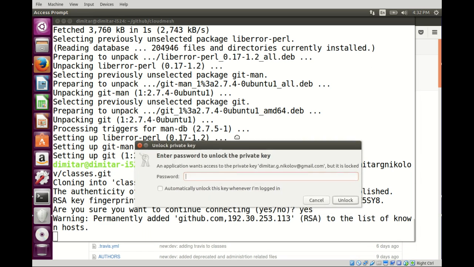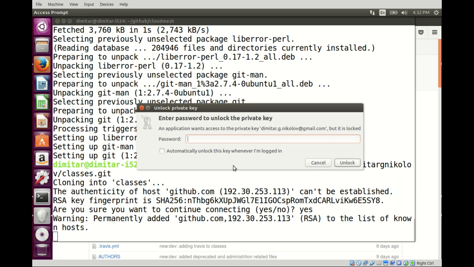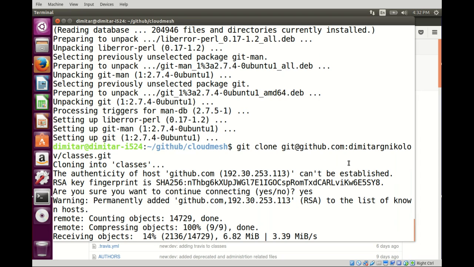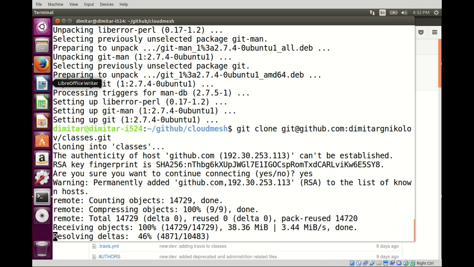And I need to enter the passphrase here that I set up my private public key pair with. So I'm going to put that in and unlock. And what this does is it clones the entire class repository, and so this might take a little bit of time, and after it's done we're going to look at some of the files that are going to be useful